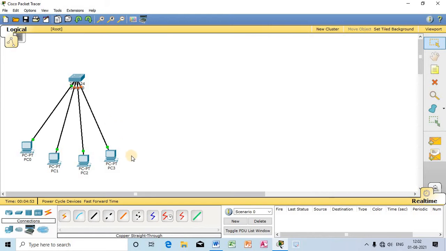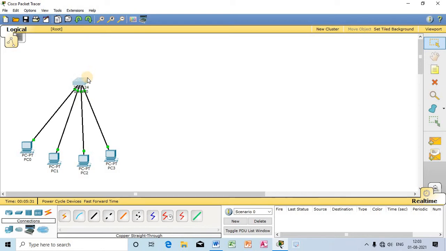still orange, because the MAC addresses of these 3 computers are yet to get registered in the MAC table of the switch for the corresponding ports where I have connected the cable, and slowly one by one those orange colors are turning to green. Slowly the MAC addresses are getting registered in this switch. So now all those 4 MAC addresses have been registered successfully in this MAC table. So the registration process has been completed successfully. You can check out the color of those ports has turned to green.